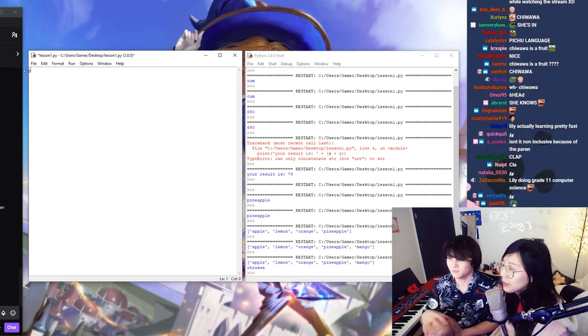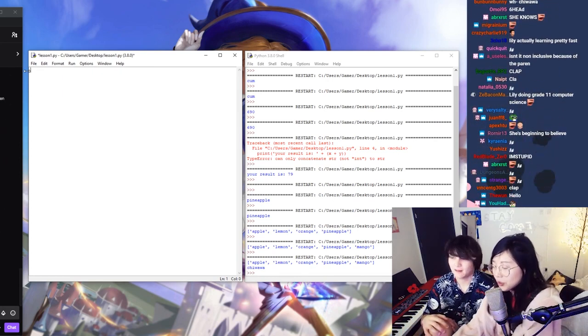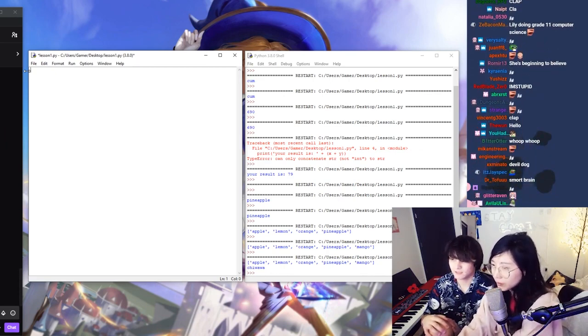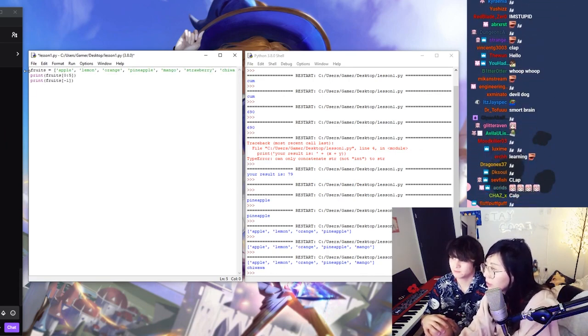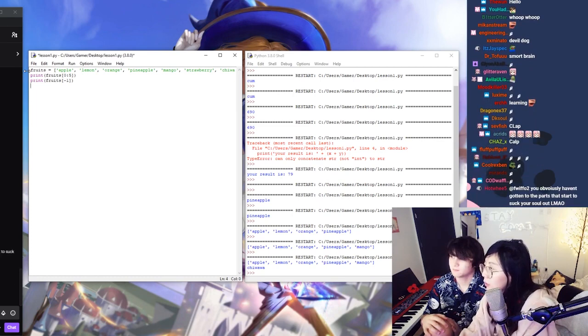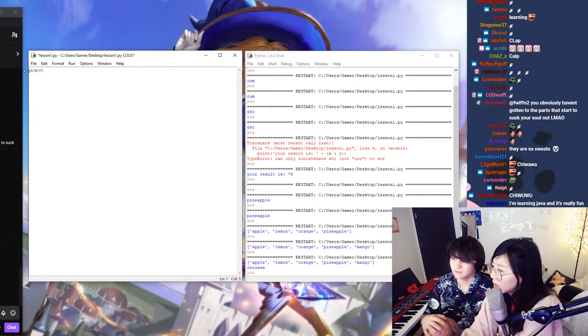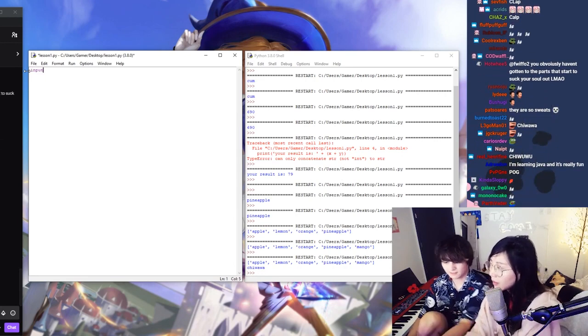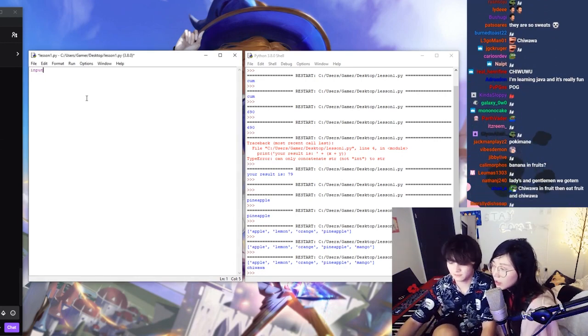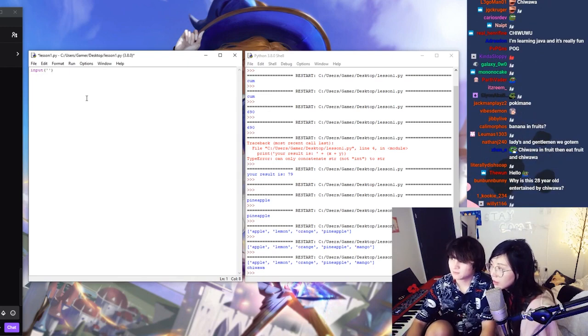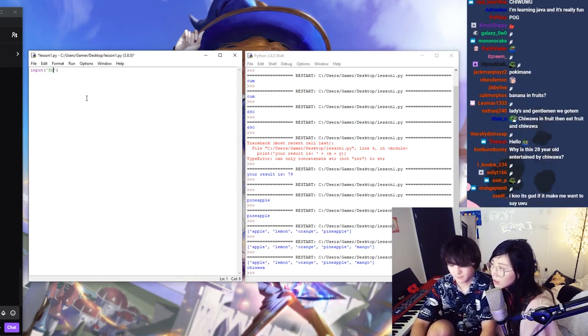We can work with some user input now. So I think that is just input. I just don't like seeing it so I don't forget. So it's just input, right? And then, okay, I'll actually give you a refresher on how input works. You pass it a string, and this is what it prompts the user with. It's like, enter